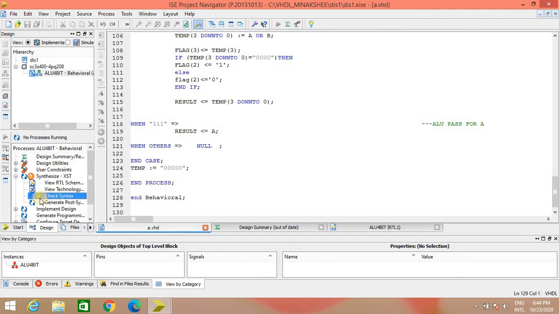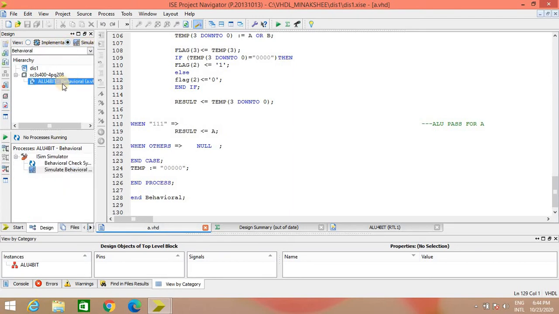It is a green tick, which means there is no syntax error in the code. Now the next step is the simulation of the code. For that, select the option simulation, select the entity, and then double click on simulate behavioral model.